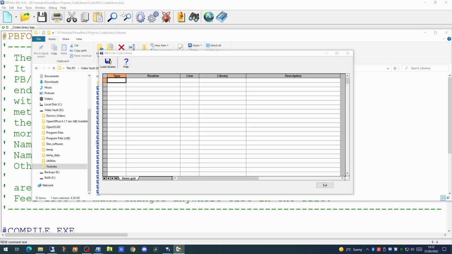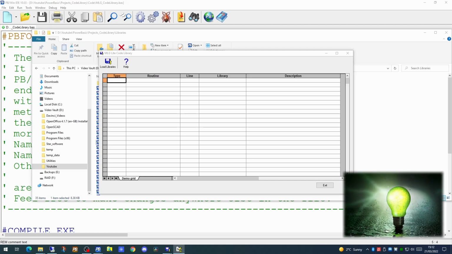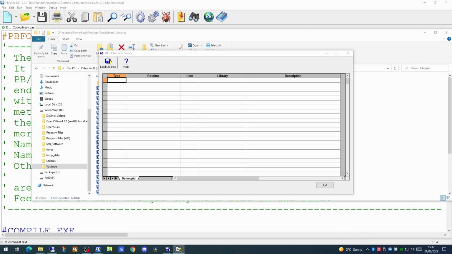Before you start coding an application, there first has to be the idea for an application. This could be a utility that you think will save you time or effort, or could be to meet a user's needs. What we are going to look at here is a practical application of the MLG Lite code we created in a previous video. To save time, I've already built the skeleton of the application. But first, let's cover the idea for the application.